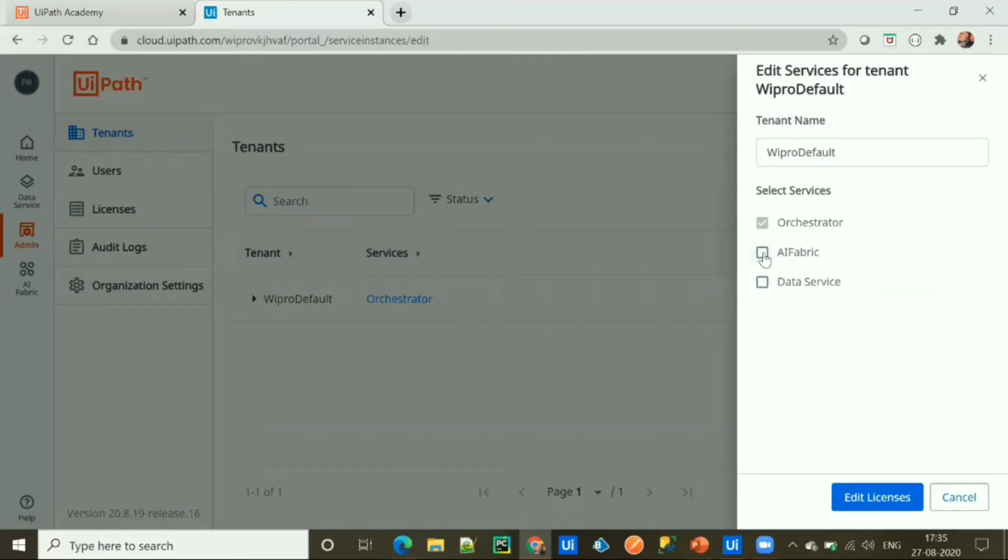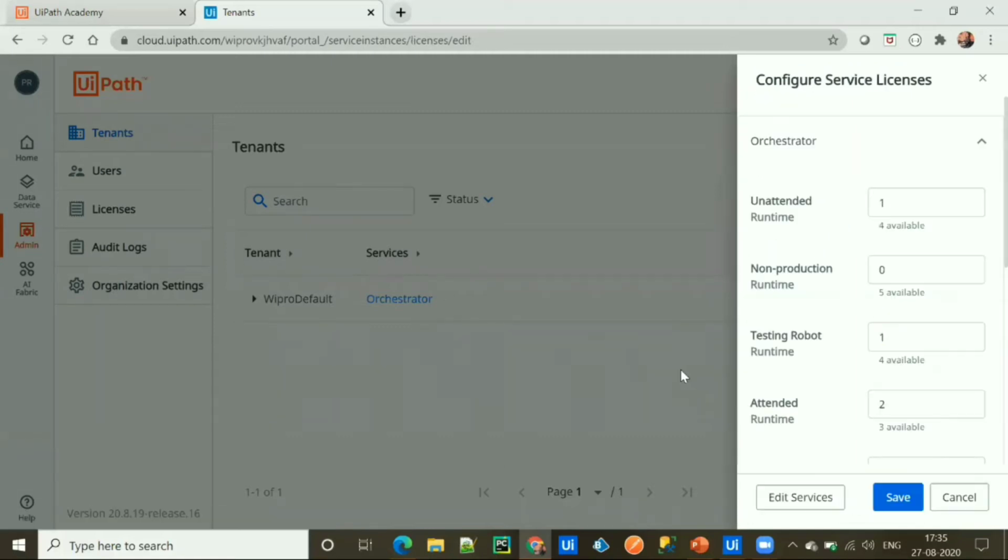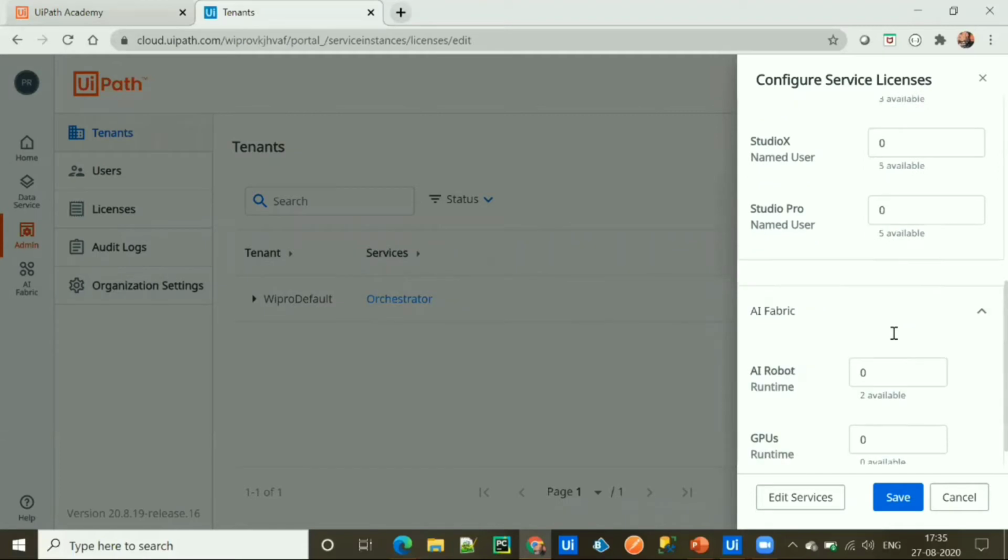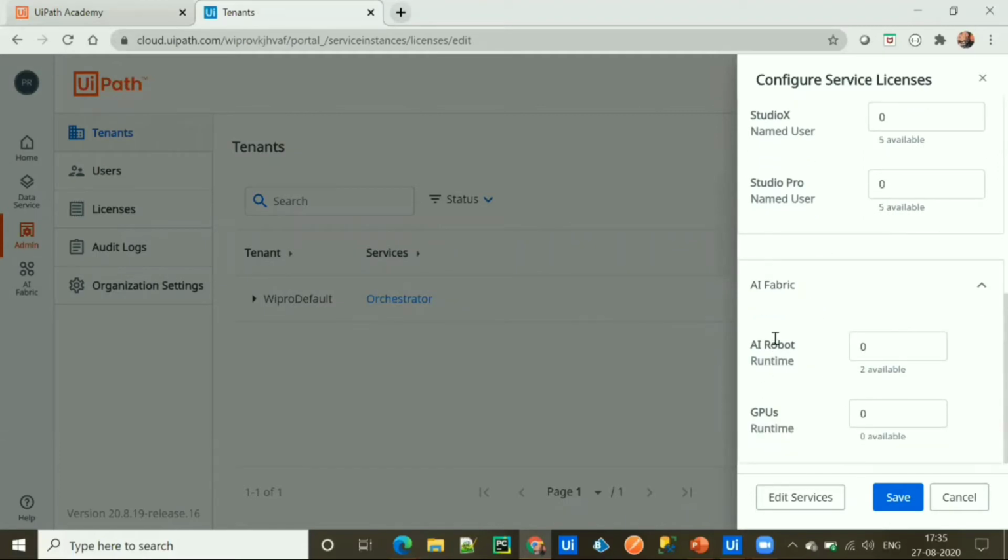So we need to select AI Fabric and click on Edit Licenses. It will ask me the number of robots I need to configure for my tenant. I'm selecting 2 because a maximum of 2 AI robots can be used for the enterprise trial edition, and we need to click on Save.